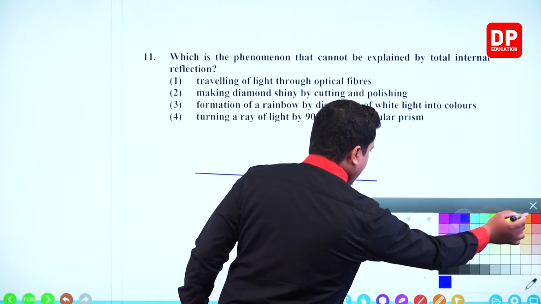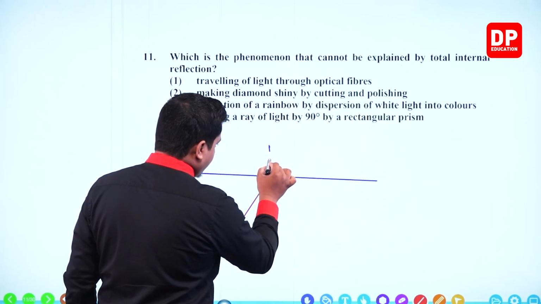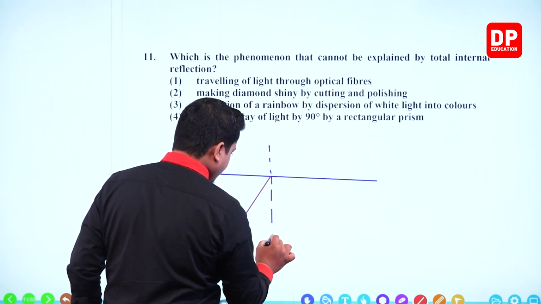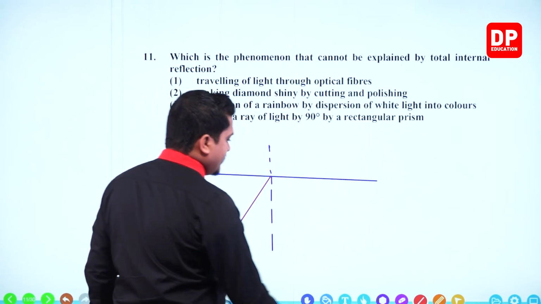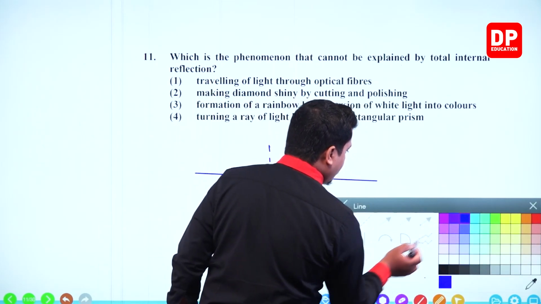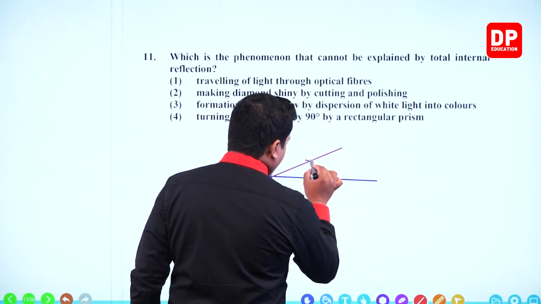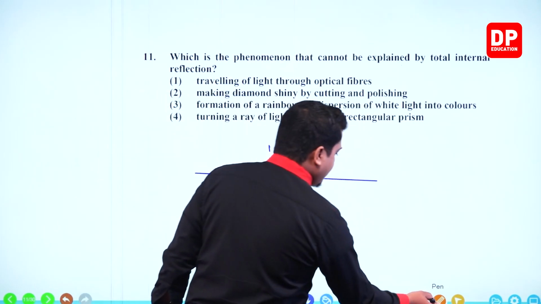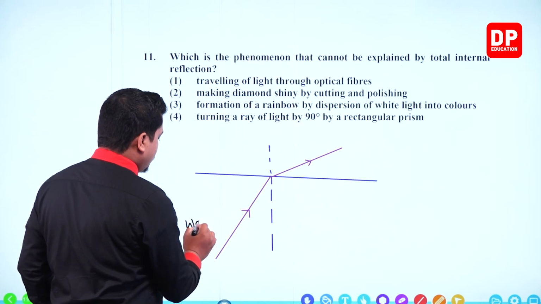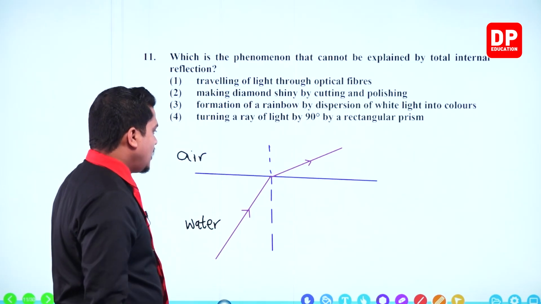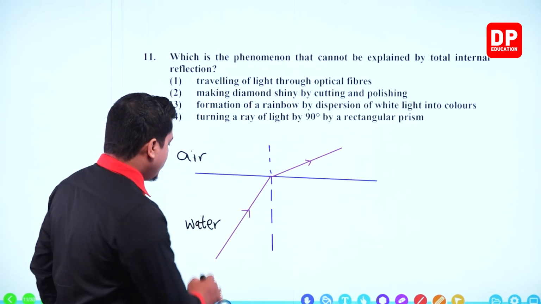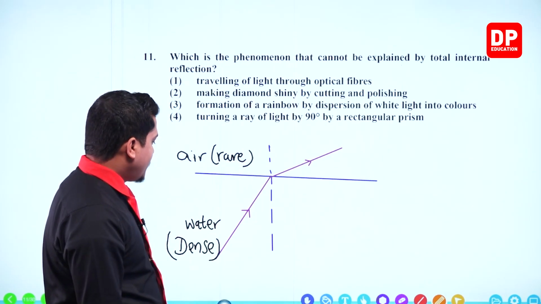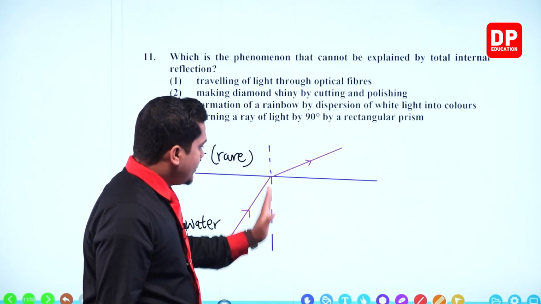Then you know that in a refraction, what happens here is, during a refraction, the light rays are bent like this when traveling from one medium to another. This is the way a light ray travels when passing from one medium to another. So if you take two transparent media like water and air, this is how a light ray passes from water to air. Water in here is the dense medium and air is the rare medium. So when a light ray passes from the denser medium to the rare medium, light rays are bent away from the normal,